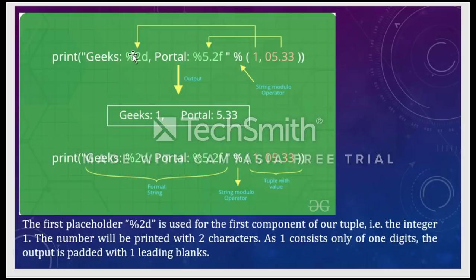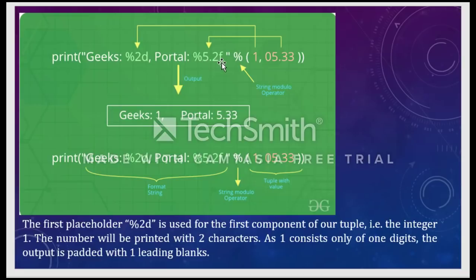Here I want to display two characters, for example geeks 25. But the number I am passing to this control string is only 1, a one-digit number. So it will print 1 with one leading space, because I have not given a two-character number. So 1 will be printed here and the remaining place will be a space.